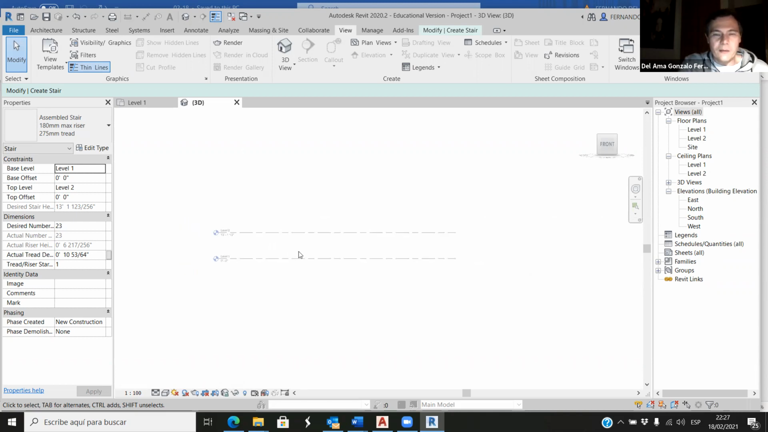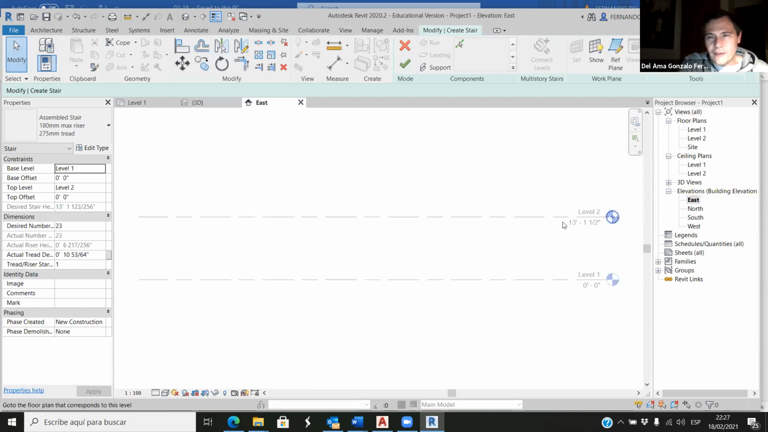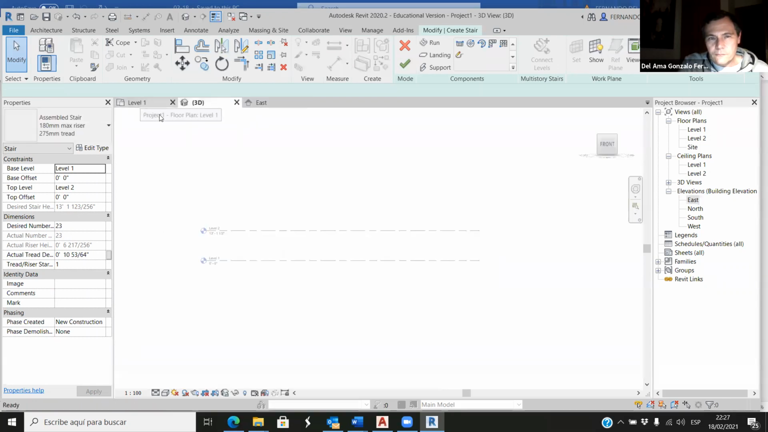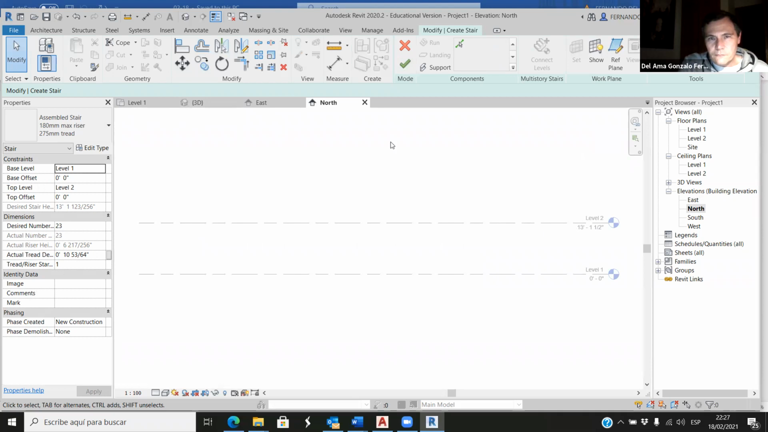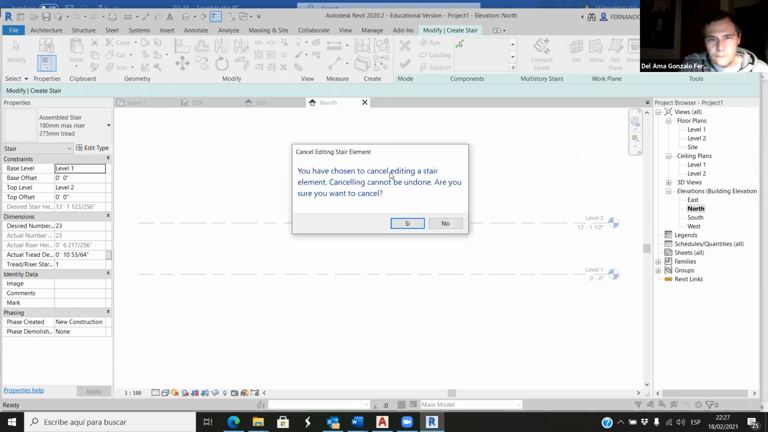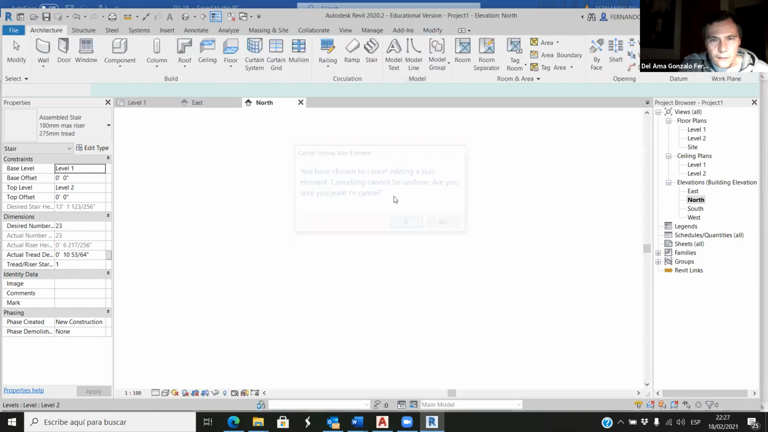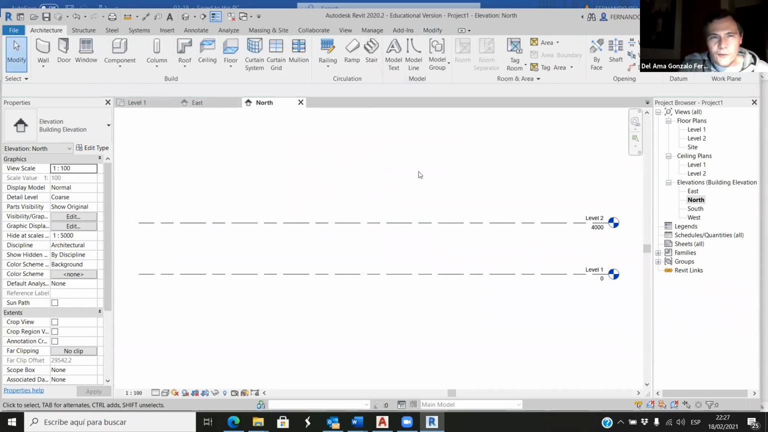How many levels? If you are designing a 3-floor house or building, you would need the first, the second, the third level, and the roof. So we can control this by clicking on elevations. If you open the elevation,